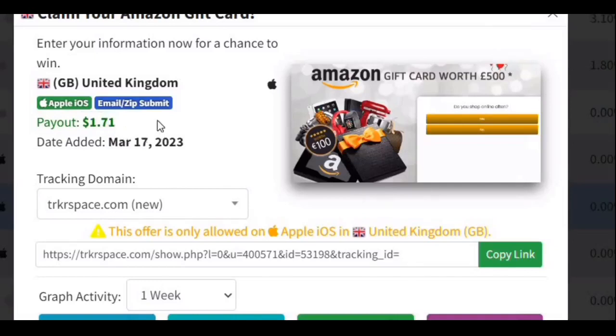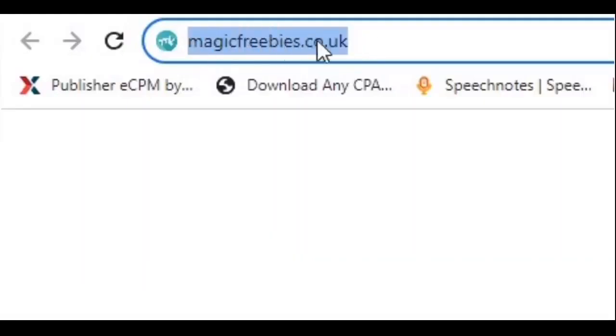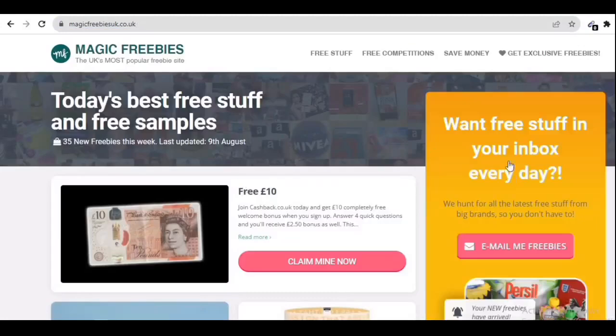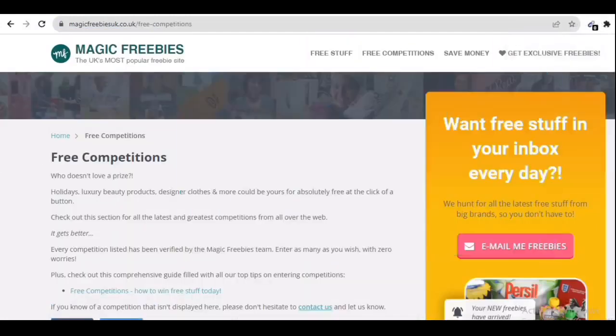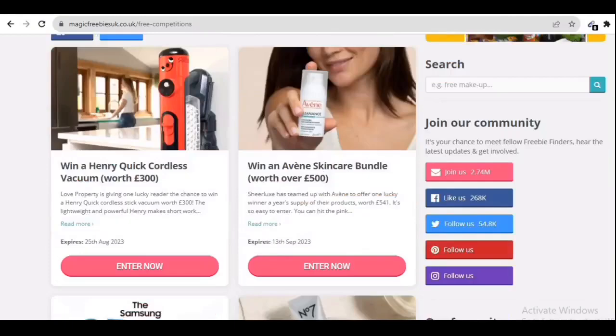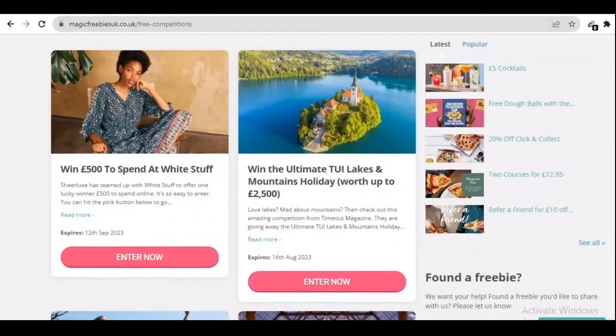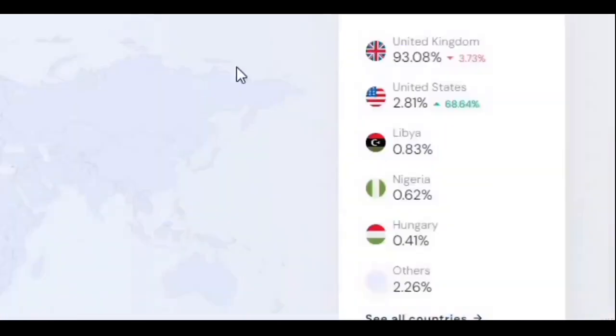So what you want to do is to head on to this website magicfreebiz.co.uk right here on your browser, then click on enter. It's going to bring you to this page right here, and you're going to see that there are lots of people that also are giving out free stuff right here, and lots of people actually come to this platform. So you can see right here from using SimilarWeb to access the traffic coming in. So you can see right here lots of people are coming from the United Kingdom to this platform